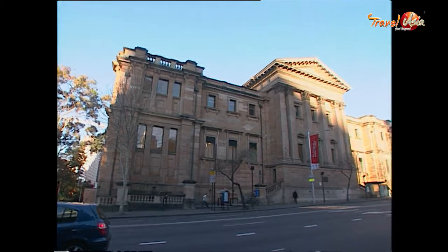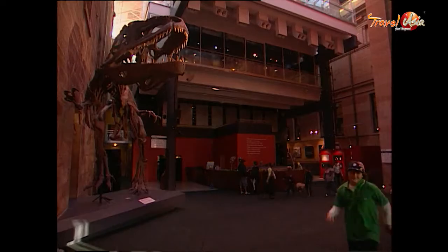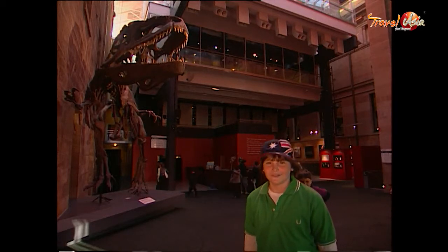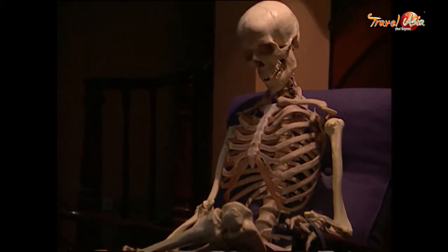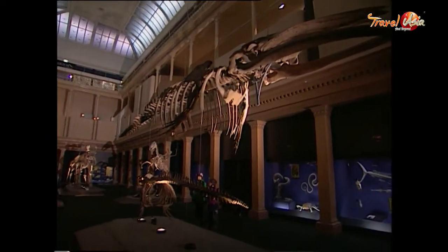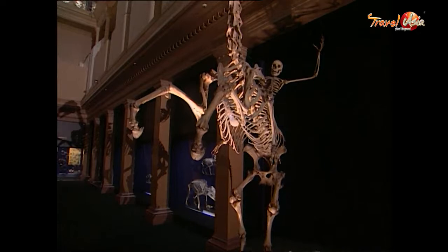One of the best outings for children in Sydney is the Australian Museum. If you like dinosaurs, come to the Australian Museum in Sydney. If you like a day at the museum, you can see real dinosaur bones and imagine you've stepped back in time. The Australian Museum has an international reputation in the fields of natural history and Indigenous studies research, community programs